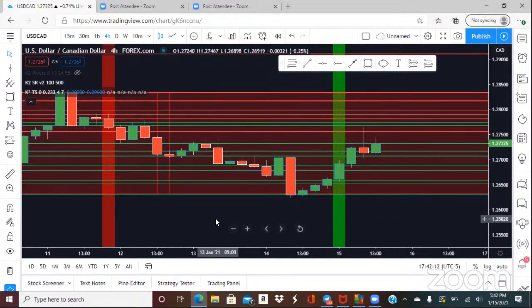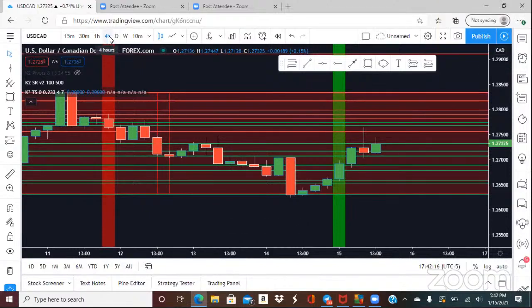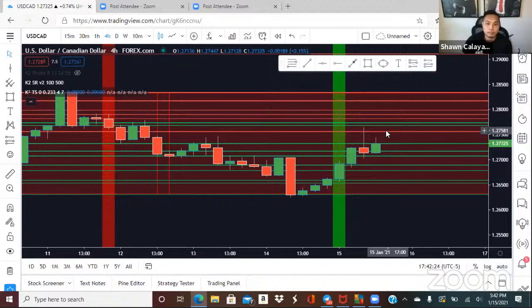So let me ask you something. Do you feel like the breakout in structure on the 4 hour is more powerful than the breakout in structure on the 1 hour? Definitely. So for example,